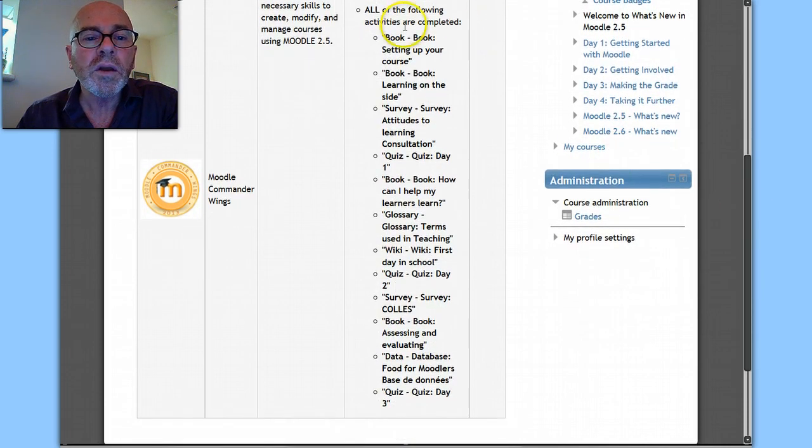When you've completed all these activities, it's not a great deal of work, but you can certainly manage it over the course of the 6-day event. 4 days are the active days, but there are other days to get in there and complete things. As soon as you've completed all those activities, you will receive your badge automatically. We'll talk more about badges later.